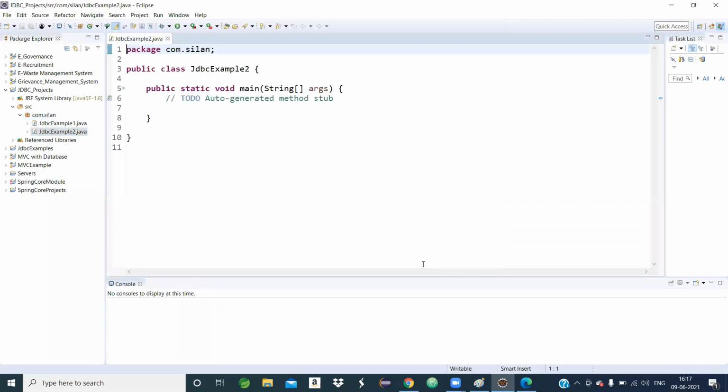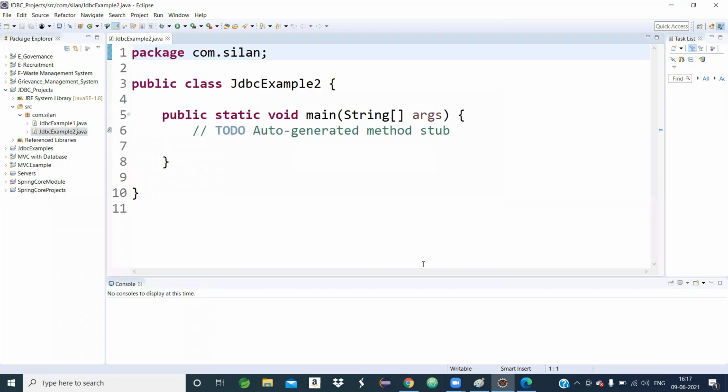So JDBCExample2.java is created. Now I will start the JDBC program. Yesterday I already told you, when developing a JDBC program, there is one package that is mandatory that we have to import first.